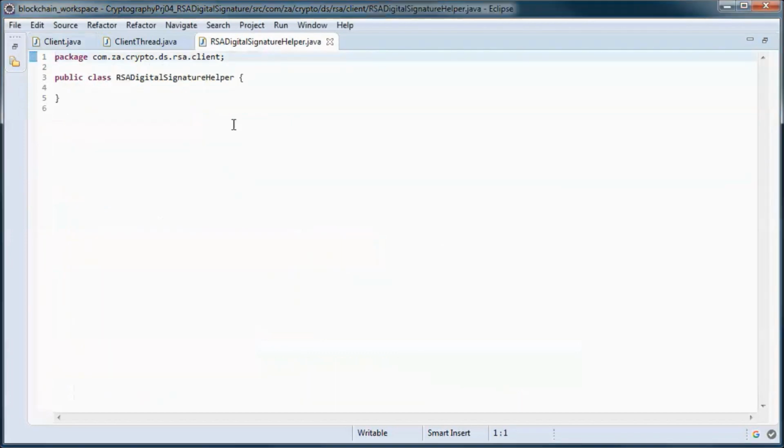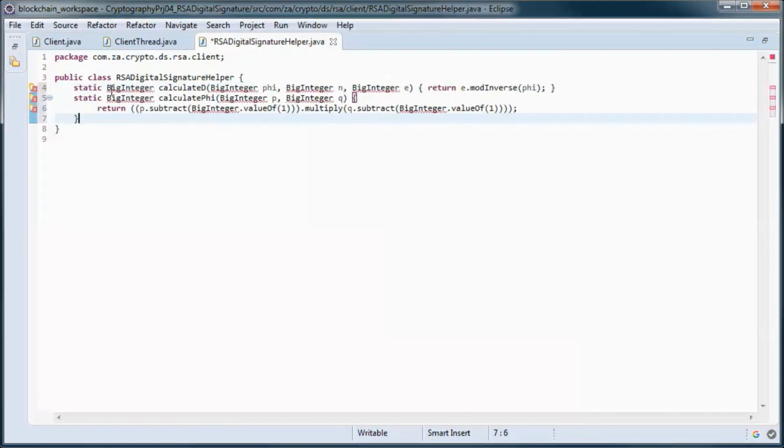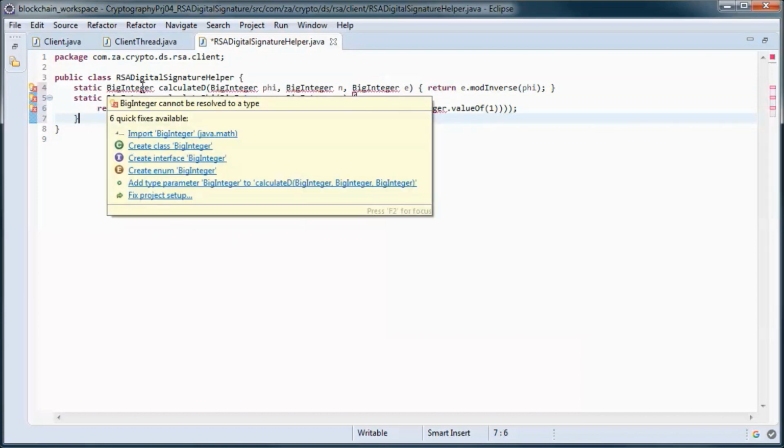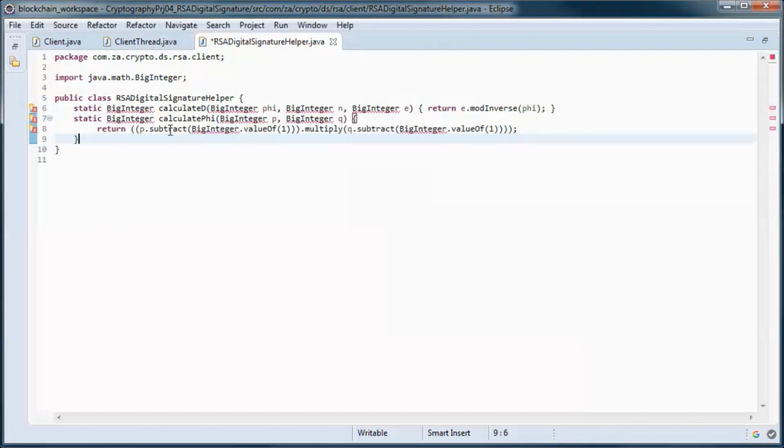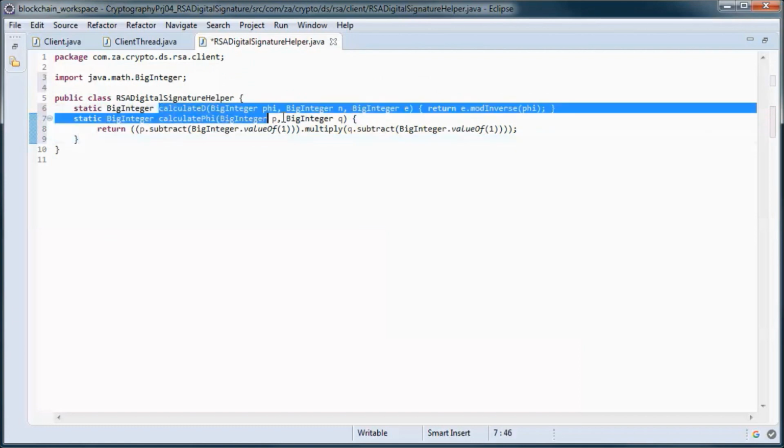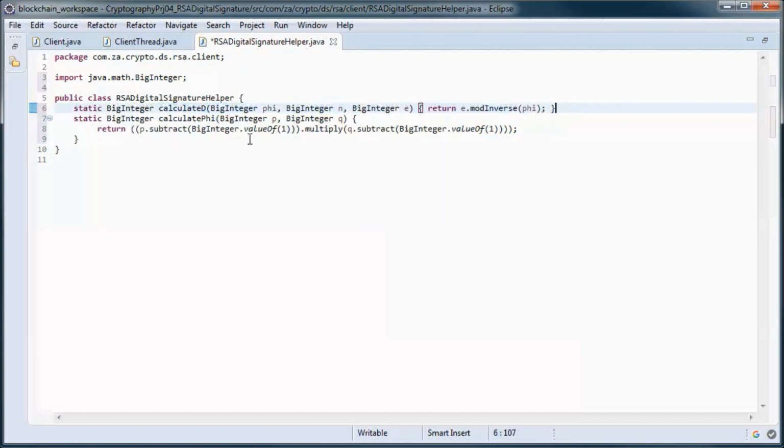Now going here, we will have those two methods for calculating d, the private key, and phi, so p minus 1 and q minus 1.